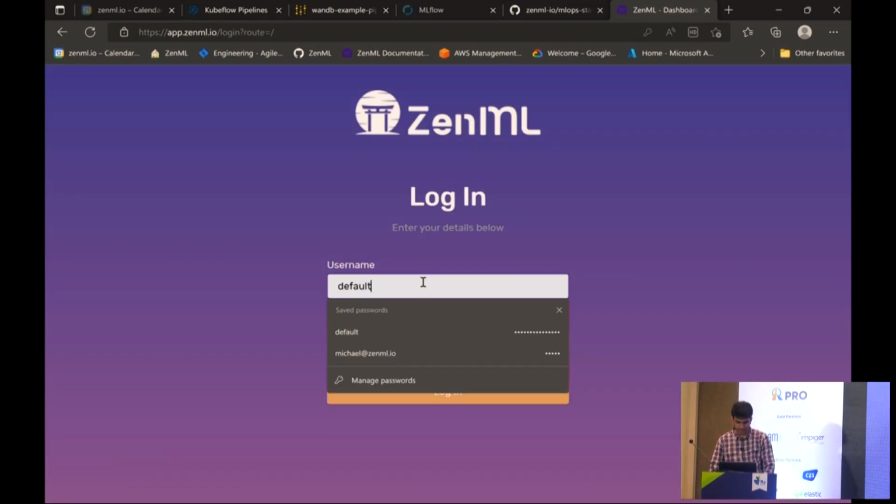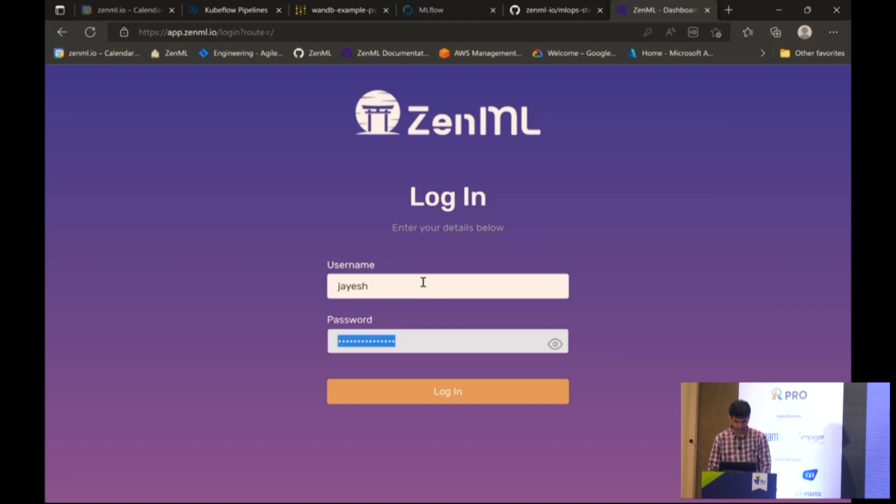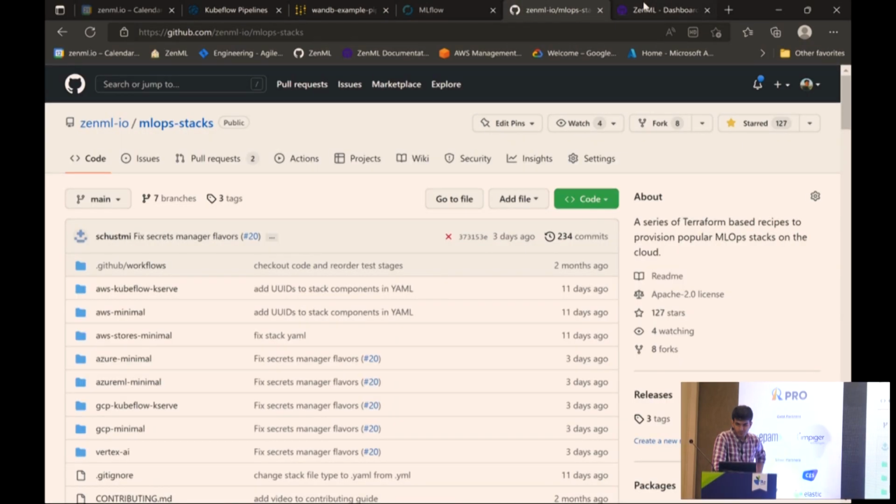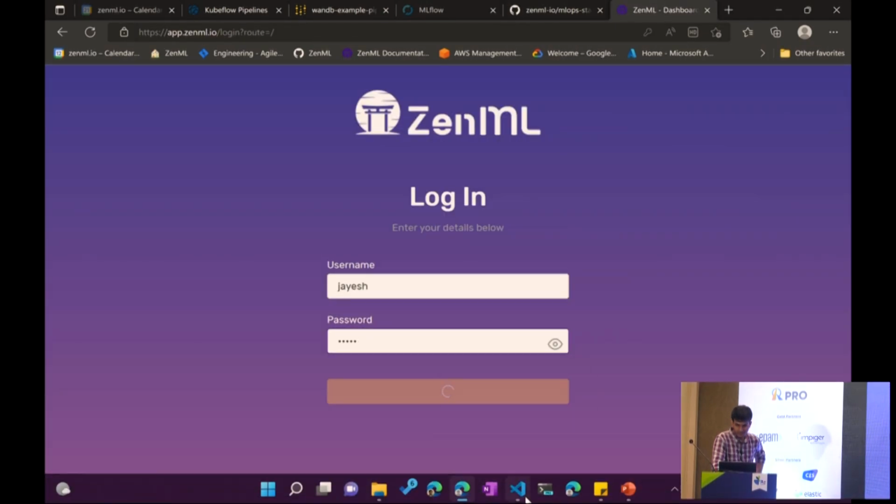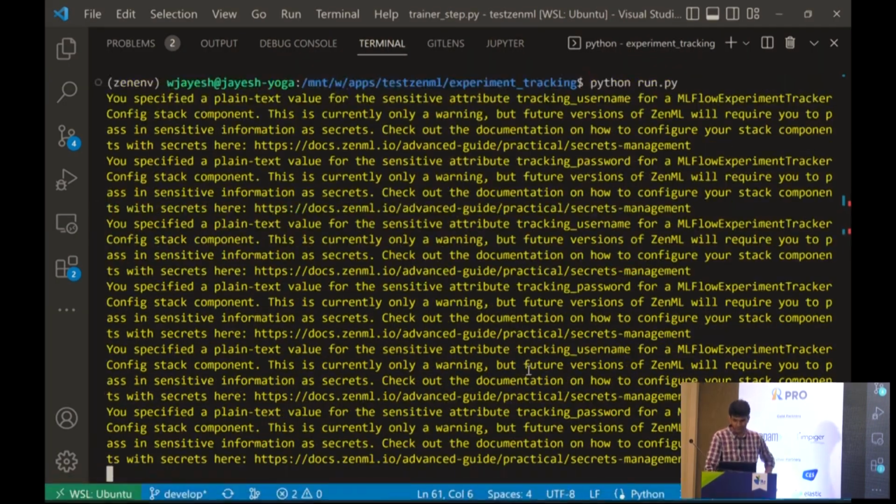I'll just log out. Maybe I'll use my credentials. I'm not sure if just the default will show or not. All right, so this is also open source. You can deploy this server on your own infrastructure, and then it can connect to different clients, and all those things can happen right through this. All right, so let's log in with this. For some reason, it's pretty slow. I'm not sure why. Yeah, let's see.